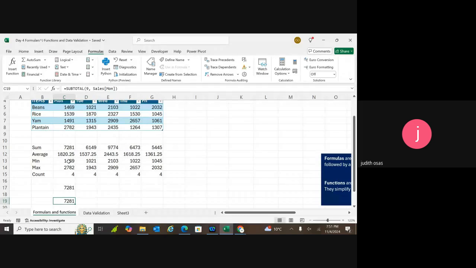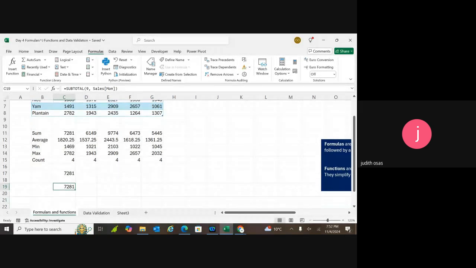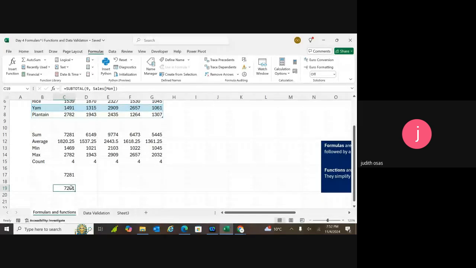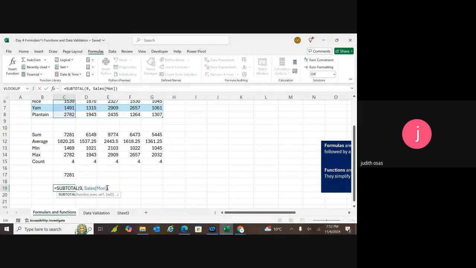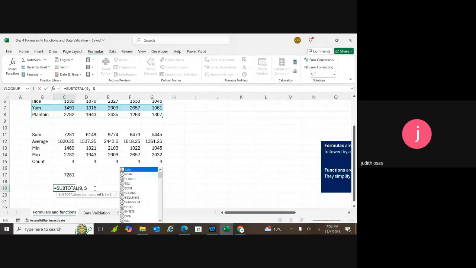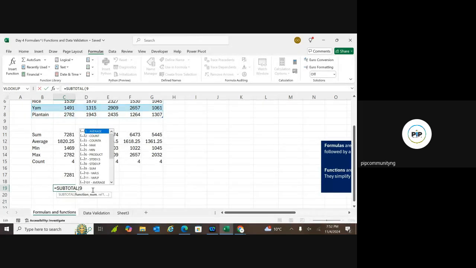I noticed something. I just wanted clarity. Where the highlight is right now in the function, it says subtotal 9. I don't know what's the difference between the function number 9 here and there's another function number 109, which is the same sum. Is there a difference between them? Yes, there's a difference. Well, I wanted to know what's the difference. The difference is, how do I put it? The difference is how